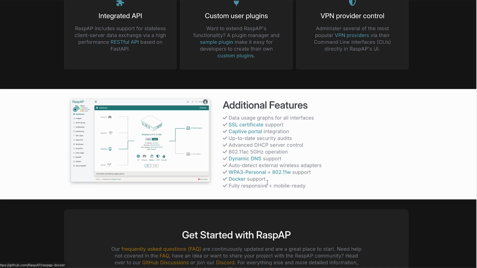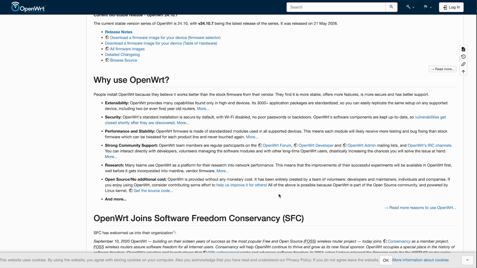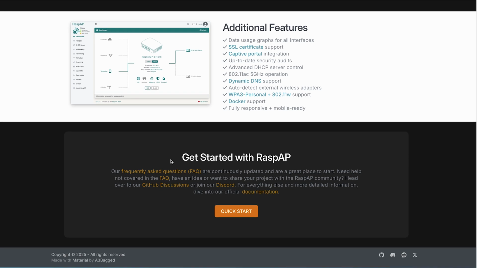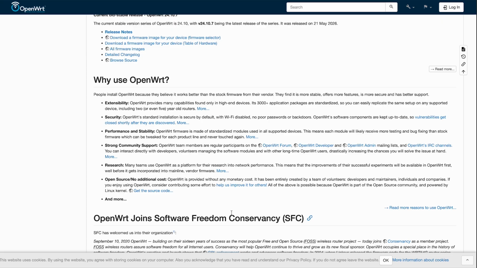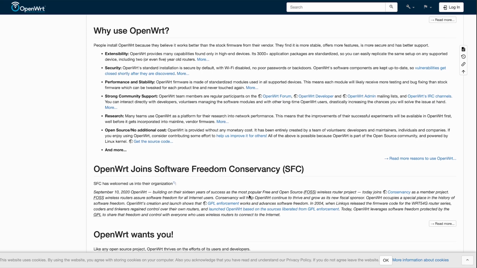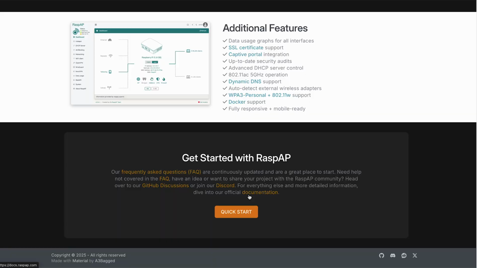When it comes to performance, OpenWrt usually performs better on low-end devices due to its small size, while RaspAP's simplicity will suit home networks or IoT projects better. Choose OpenWrt if you're a techie looking for maximum control and hardware options. Select RaspAP if you want a quick setup on a Raspberry Pi. Try both and decide for